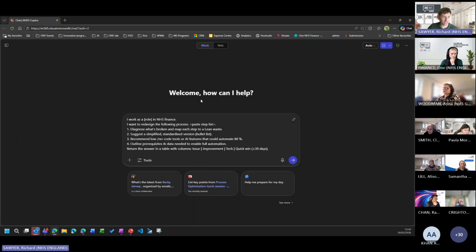Okay, so what we've got here is the link that Ellie shared with you just now. Those of you that haven't been here before, this is accessible within .net and .uk. It's got access to documents, etc. And at the top right, you've got Auto. So you can see quick response, think deeper, and you've got other GPT models here. Auto is going to decide whether you want a quick response or think deeper based on the question.